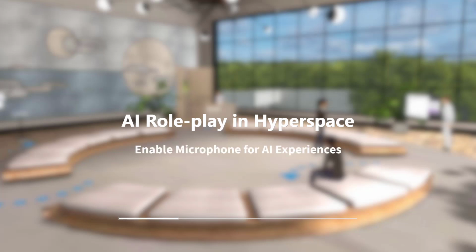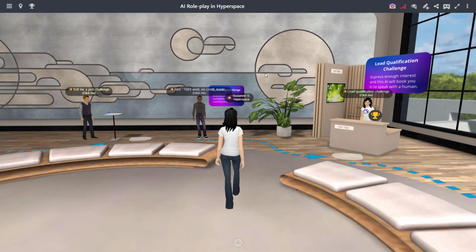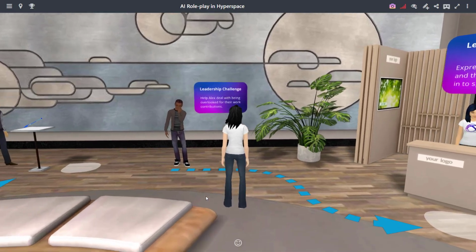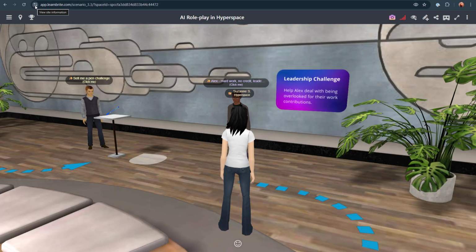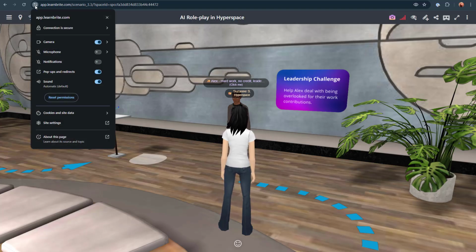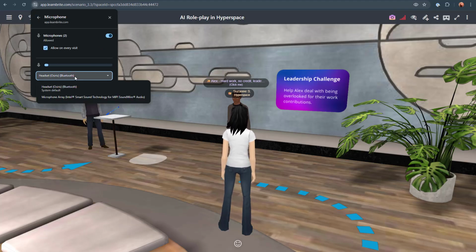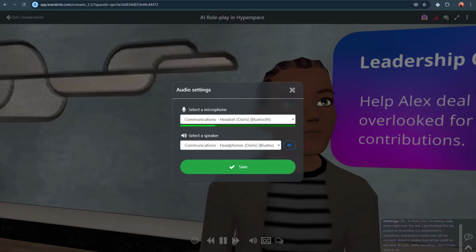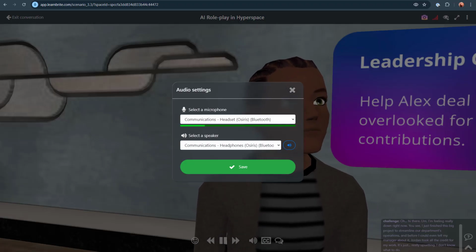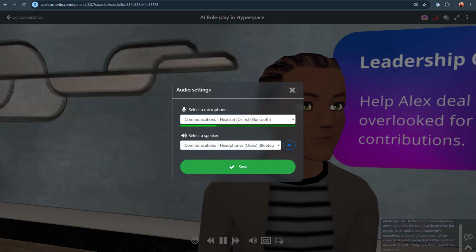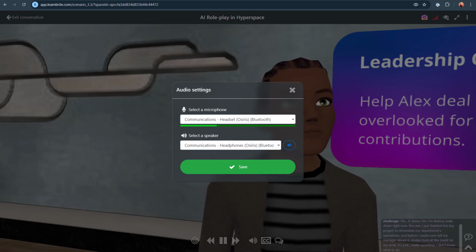In this video, we are going to look at enabling microphone access and selecting a microphone so we can speak to an AI character. If we want to use voice, we must enable permissions for the microphone in the browser settings. Once the browser allows the microphone, the platform will usually prompt us to choose which microphone to use inside the